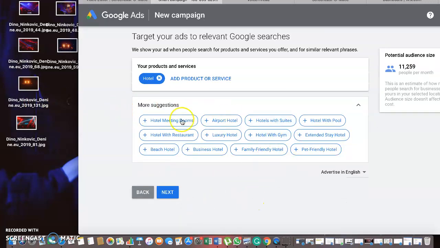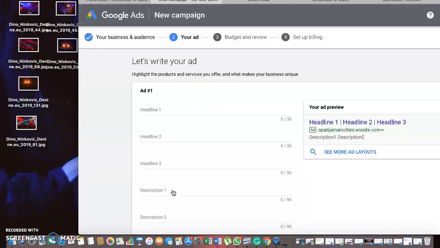Then here you can see words like airport hotel, luxury hotel, hotel with gym, etc. Again, you should click on next, and then you have